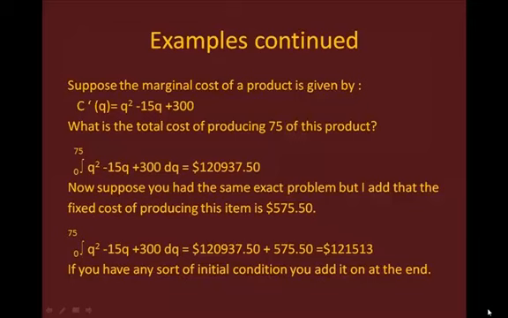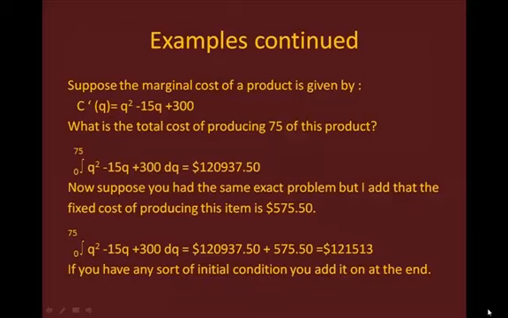Now suppose that we had the same exact problem, except I add that the fixed cost of producing this item is $575.50. What do you do with the fixed cost piece of it? Well, to get the total cost when you have a fixed cost, you still want to integrate the marginal cost. So here, again, you would integrate from 0 to 75. You would integrate the q squared minus 15q plus 300 dq, and you would still get $120,937.50. Then, onto the number after you have integrated, you would add on the fixed cost to get the total cost. So to that number, you would add $575.50 to give you